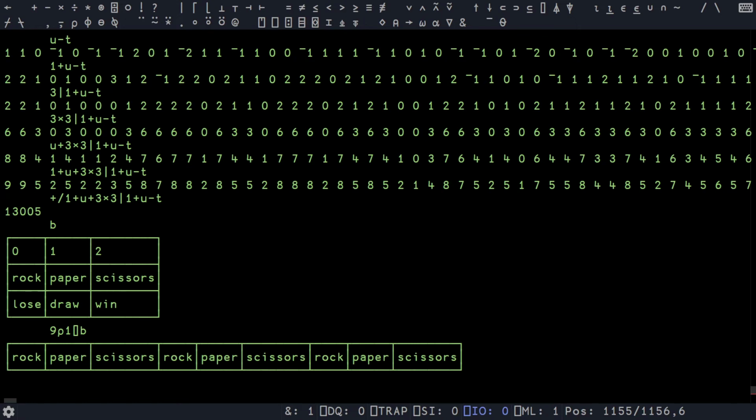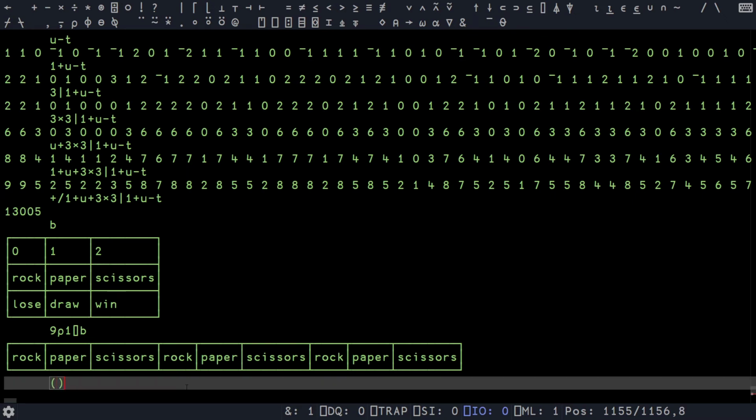So let's see. Now we end up in this situation where, let's see what I can do here. If we do iota 3 plus 1 jot dot plus,